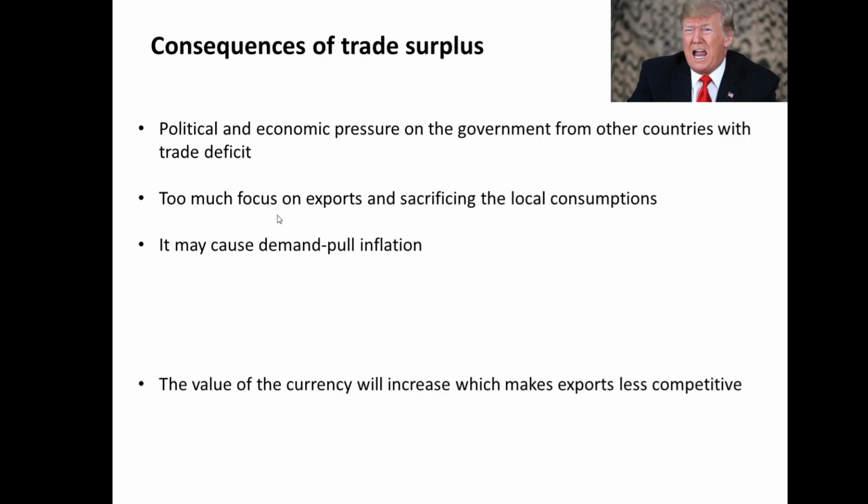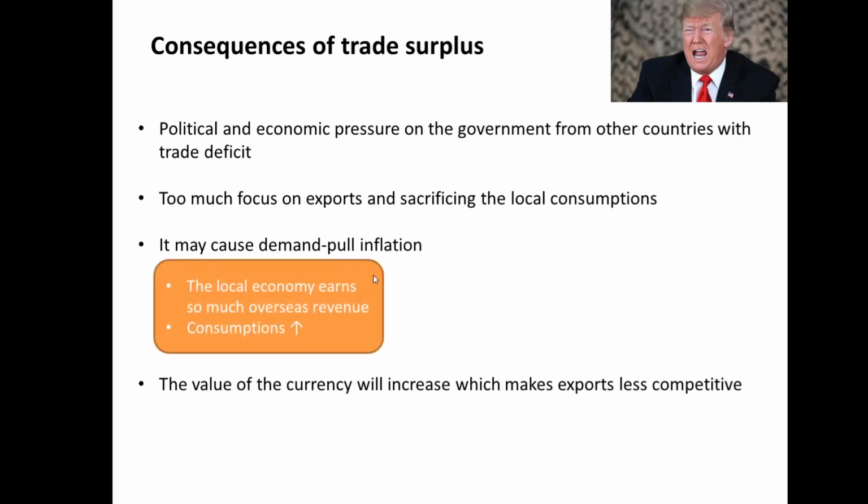Also, when you have so much export revenue, of course you are going to expect some demand-pull inflation. Because when you have a much higher X, people are earning higher incomes, so they are going to consume much more. And when that happens, there will be demand-pull inflation. That's not good, because when we talk about inflation, we want to have it at a more stable level. And when you also think about the cycle again,